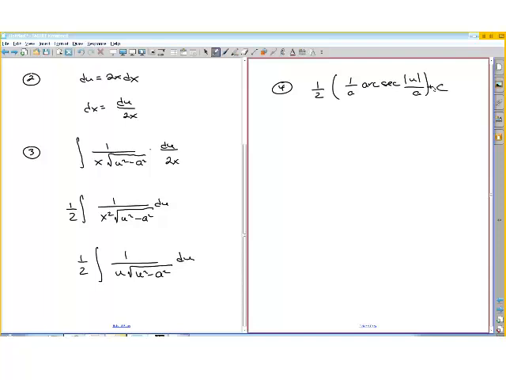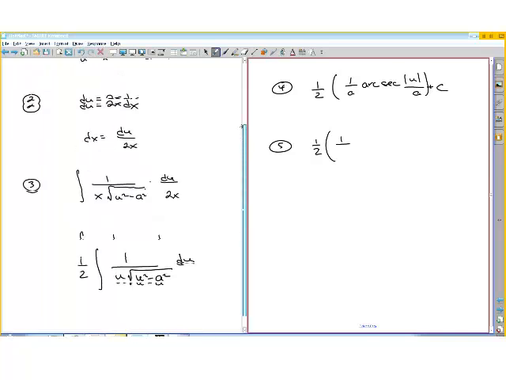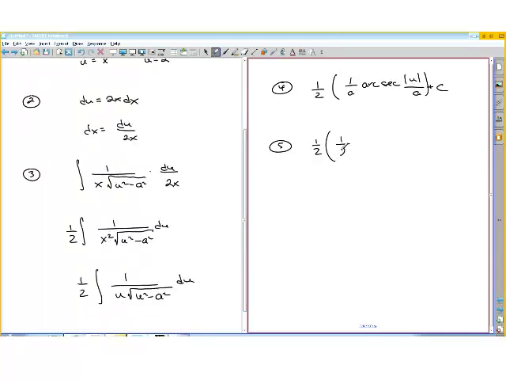And then we add an arbitrary constant. And then we substitute. So we get 1/2 times 1 over a. What did we have a equal to? 2. So we get 1/2 the arc secant of the absolute value of u, which was x squared, divided by a, which is 2,